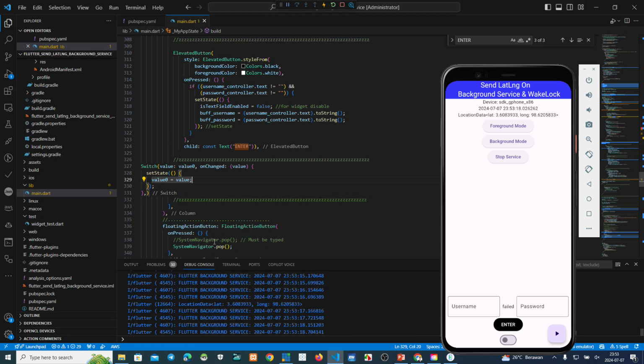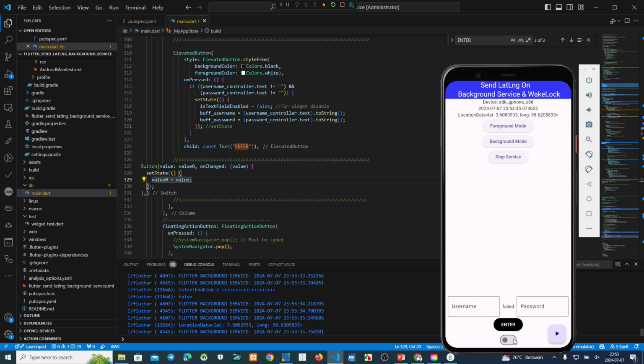Now this is the initialization. The first one, we make this switch.